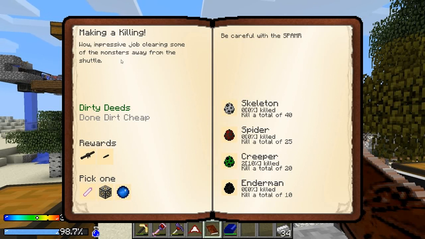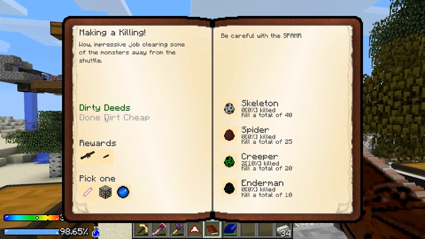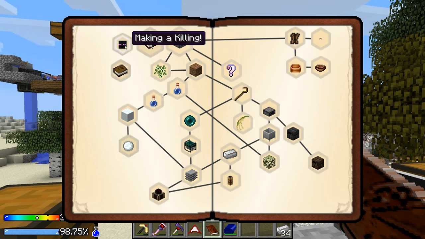It says, wow, impressive job clearing some of the monsters away from the shuttle. Be careful with the SPAMR. So we did the first one, right? Oh, wait, no. This is a totally different quest. Okay. Well, that's not one we focus on. That's one that just happens as we play, I guess. But I wanted to check out